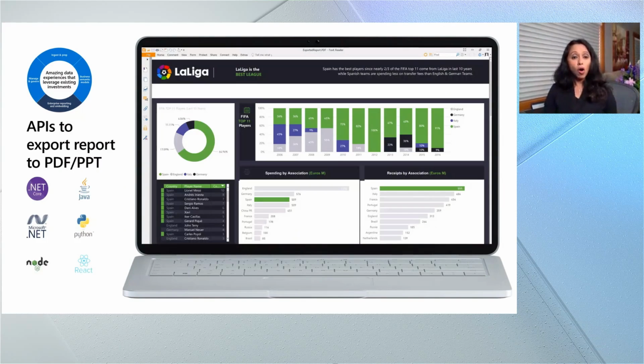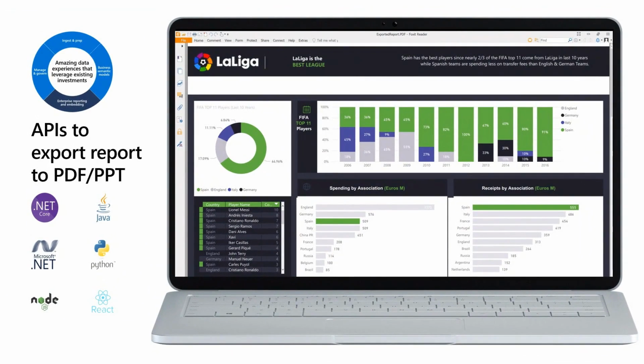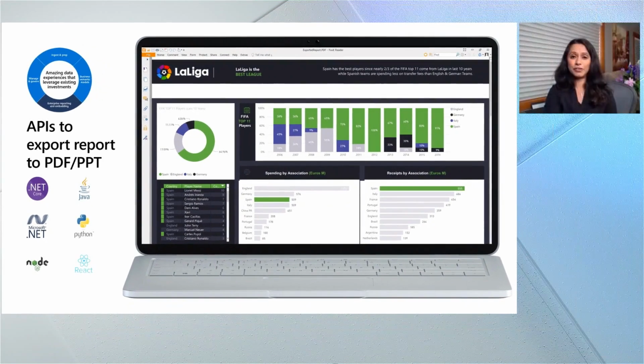What we also do is, because you as developers are probably interested in this, we support APIs. We have a ton of APIs, and we support a lot of different languages, .NET, Python, Scala, React, Java, and so on. And you can embed these reports into your applications. Again, as I said, we're not going to get into the details, but I would definitely ask you guys to go to that session.